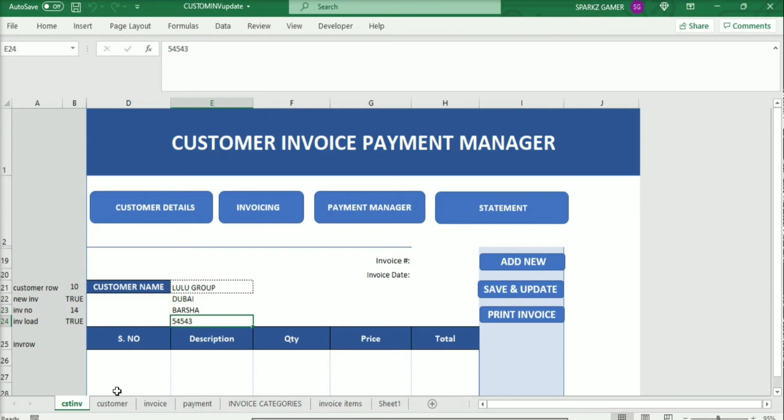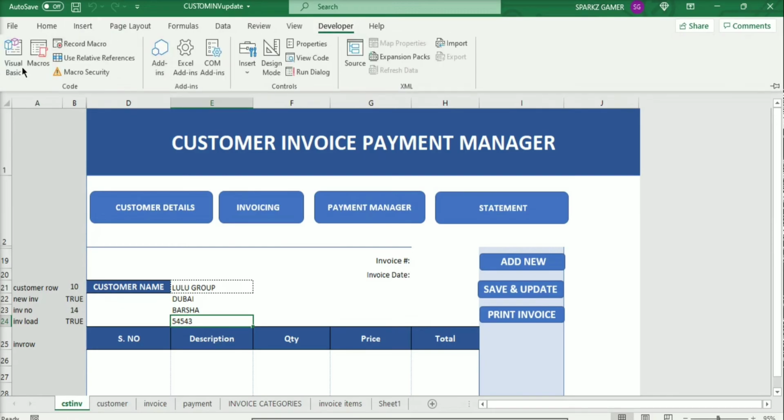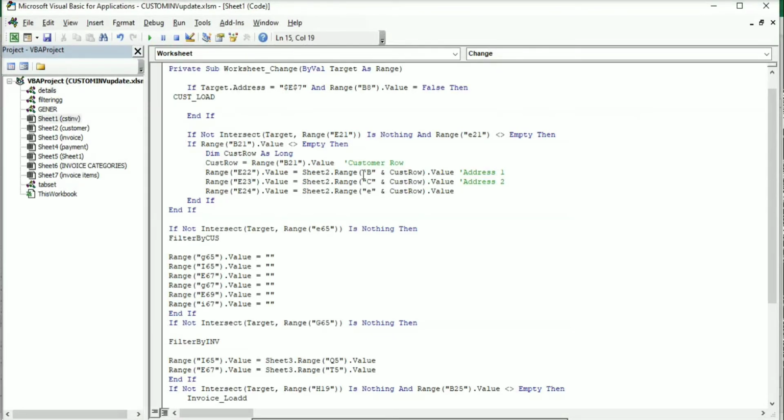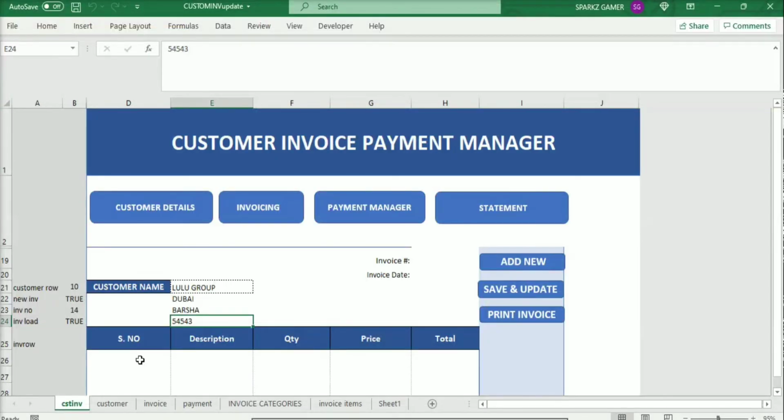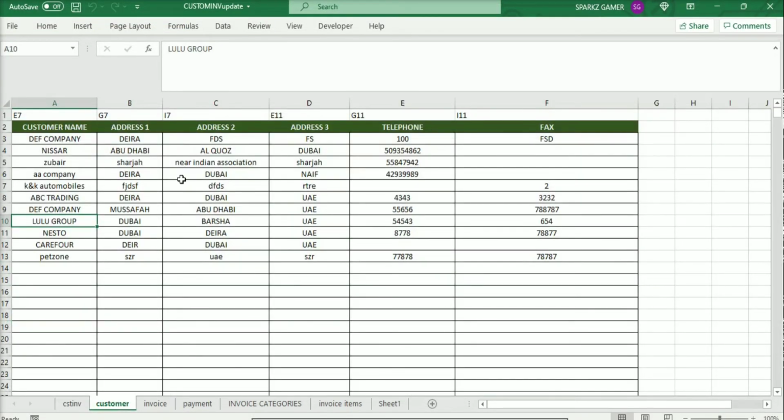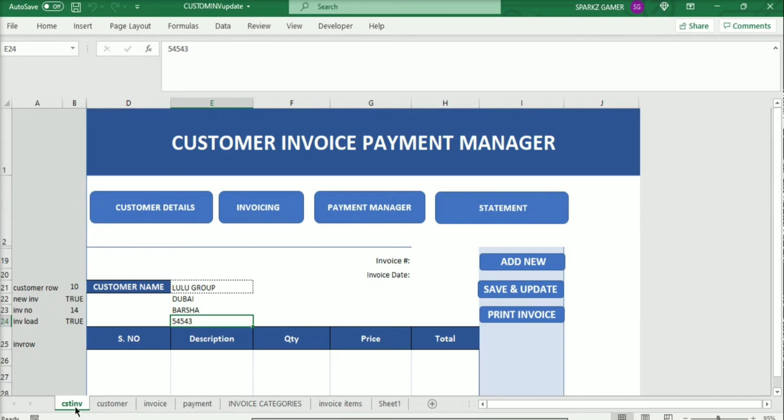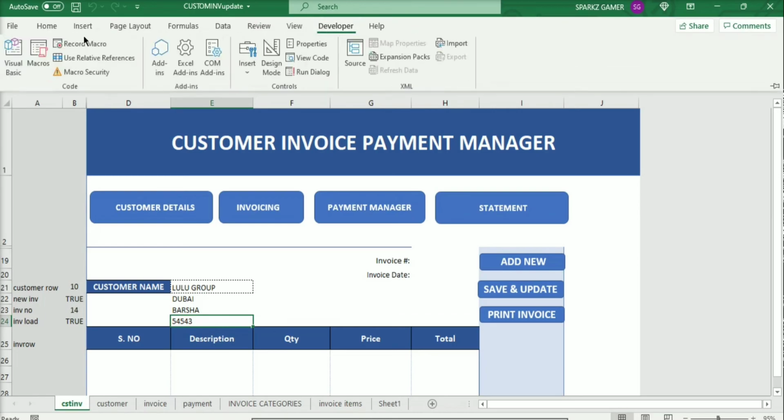How is it possible? We are taking from sheet 2, that is the customer sheet. Go to the developer again, I will show you. See here E22, sheet 2, B column address 1, customer row, whichever customer we choose, that customer row number. So here, see address 1, address 2, address 3. We select the Lulu group here and the Lulu group address 1, address 2 will display here.